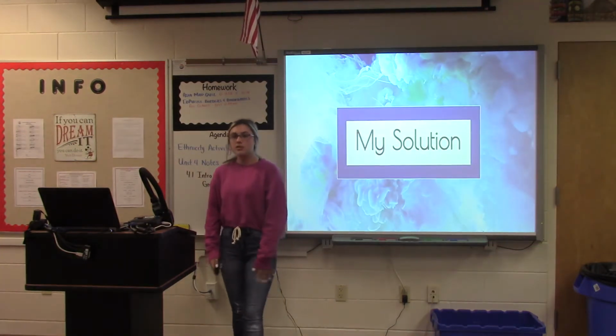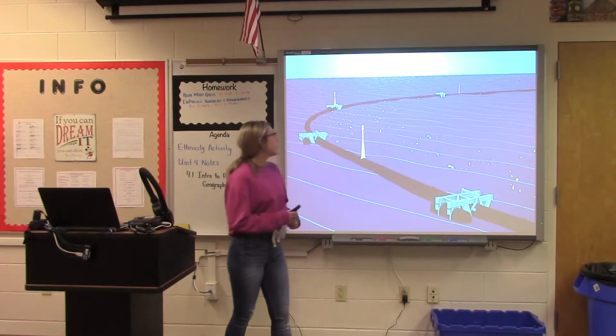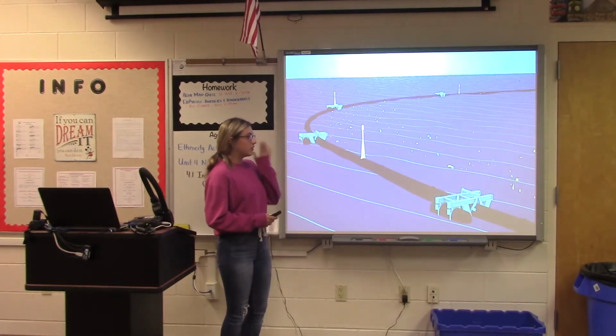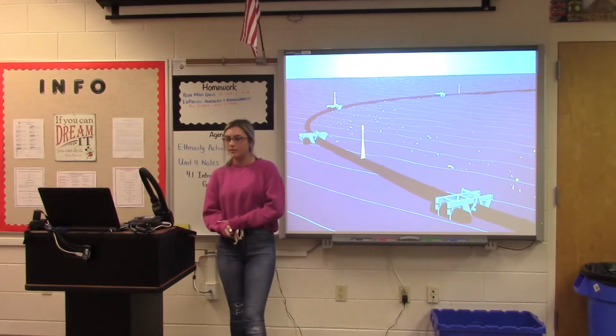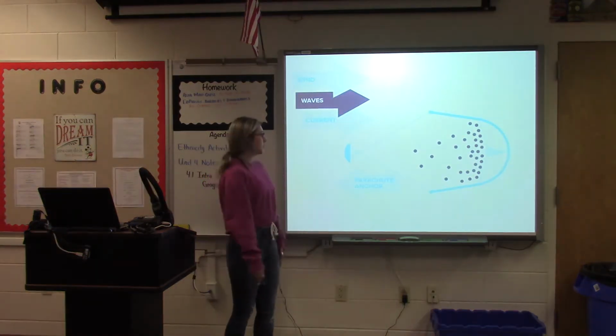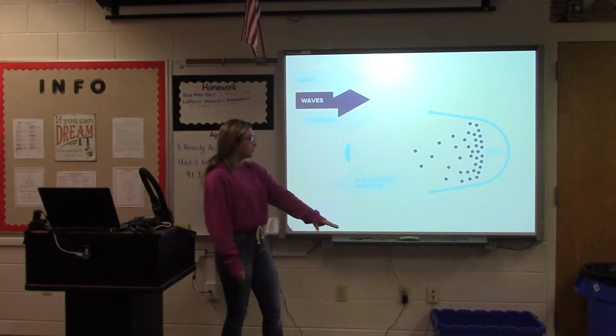And my solution starts with the Ocean Sweeper. And this is a system that is put in the oceans, and it uses barriers to trap the trash that is drifted by waves. And this is how it works. There's a parachute anchor that holds it in place, and then the wind, waves, and current push the plastic into